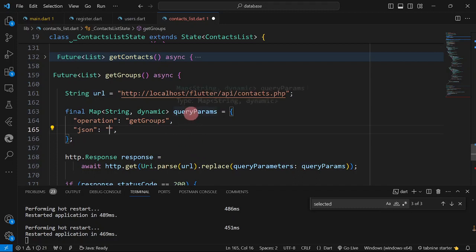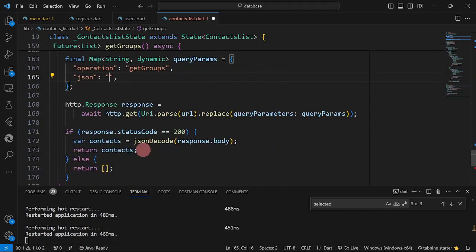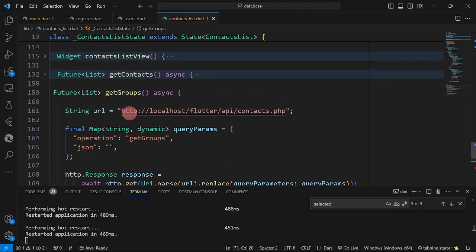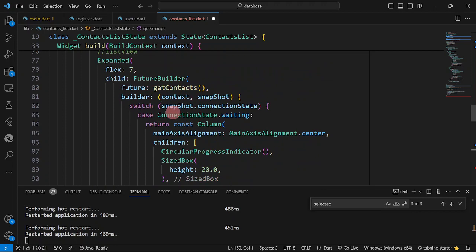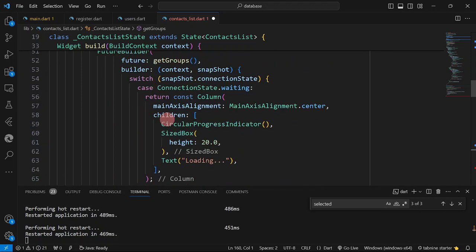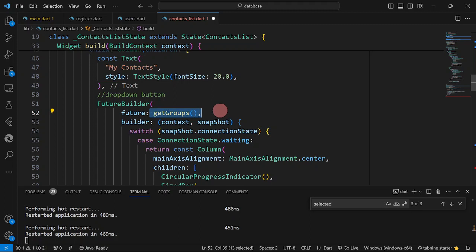So we have query params, contacts, response, return, contacts. I'm just going to have groups here, so that we are consistent. So this is now the future that is going to be called by our, where is it? So we have here. But then